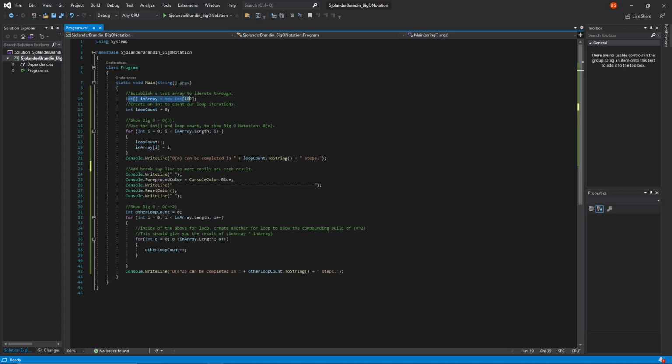And you can see here I set up an int array, new int, with the int array being a total of 100 in count or length. And then I created another int for our loop count to count how many times we iterate through it. And then for showing you the big O notation for O(n),